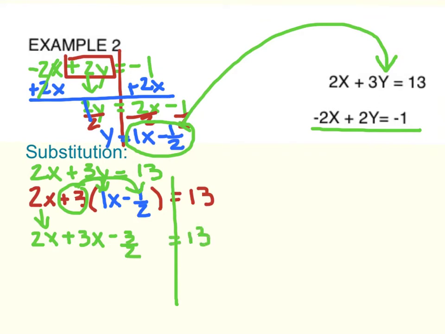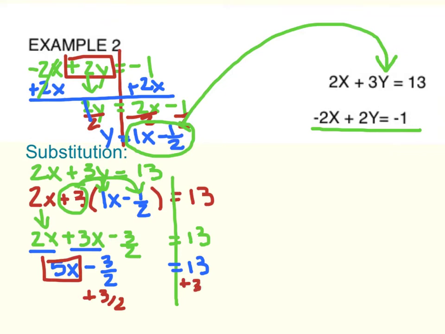I then notice that I can combine the 2x and the positive 3x, and that gives me 5x minus 3 over 2 equals 13. First, I box my variable. We cancel what's beside it. I cancel a minus 3 over 2 by adding 3 over 2. What you do to one side, you do to the other side. So those eliminate, and I end up with